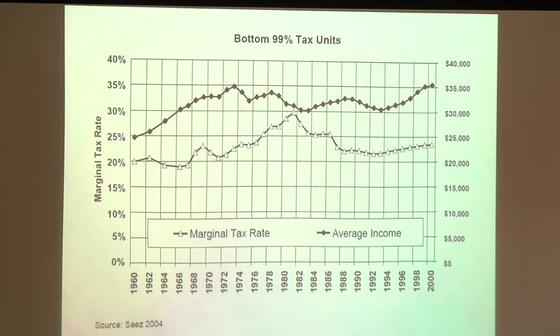So this is the evolution of average income for people in the bottom 99%, shown by the black series, and the average marginal tax rates for that group. So this is what I was saying. You see it going up, then it's kind of flat. Marginal tax rates go up and then down a bit. You just look at those time series patterns. Maybe there's a relationship, maybe there's not, but it certainly doesn't jump out at you.